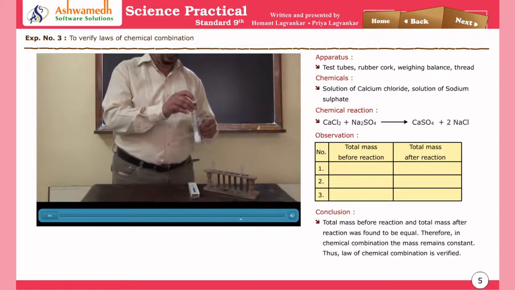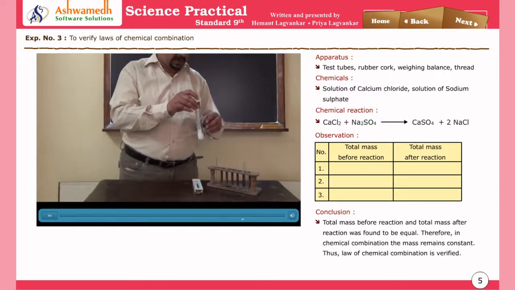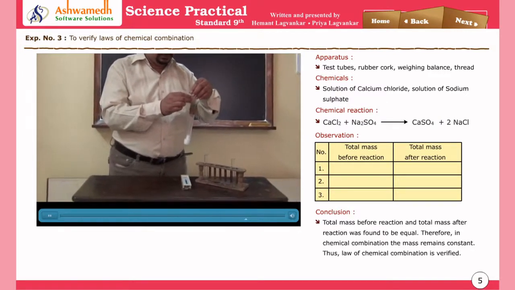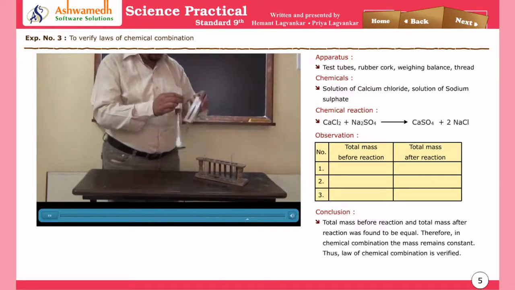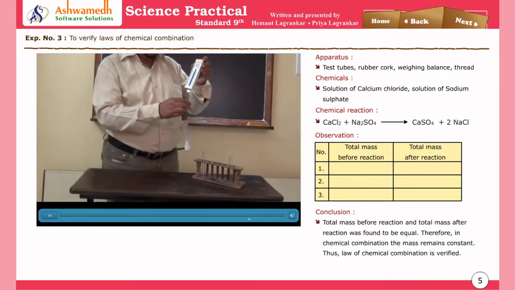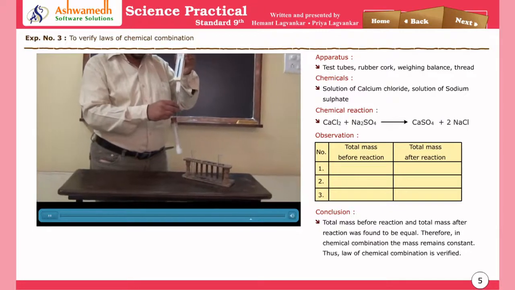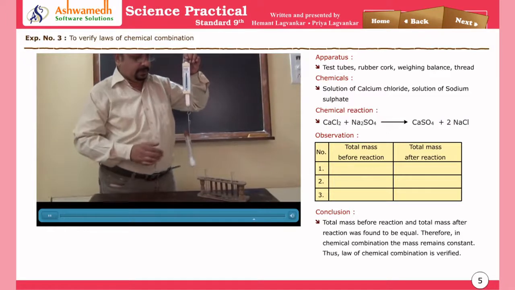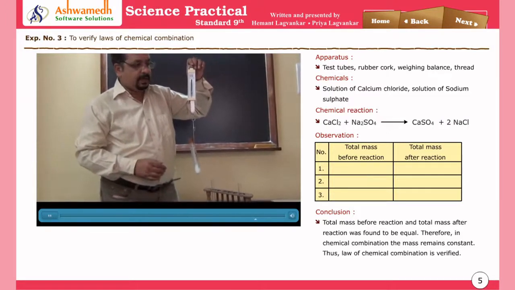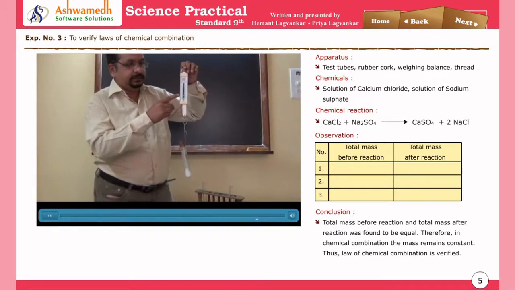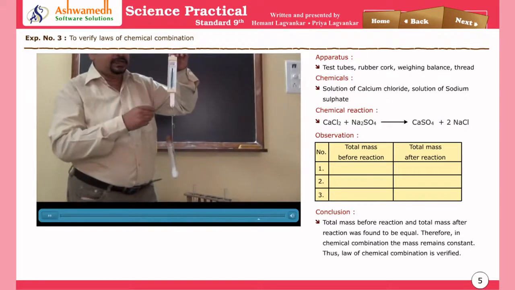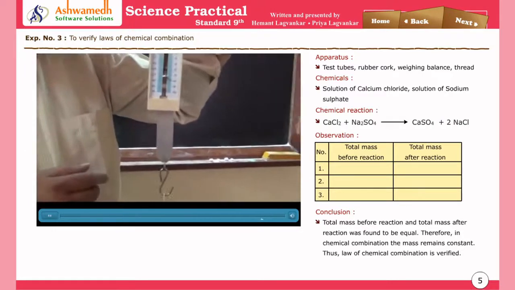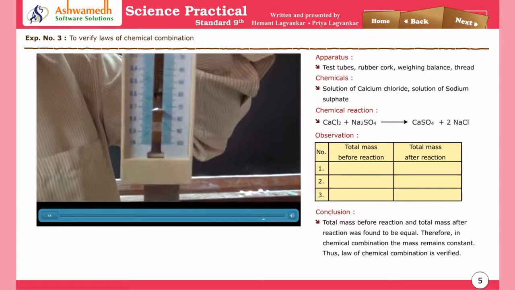Now what we are going to do next? Again we will find out the total mass of the system. So again suspend this with the help of spring balance. Now I am suspending it and I am holding it like this, and again you have to read the mass shown by the spring balance, and again you can see the mass is 74 gram,